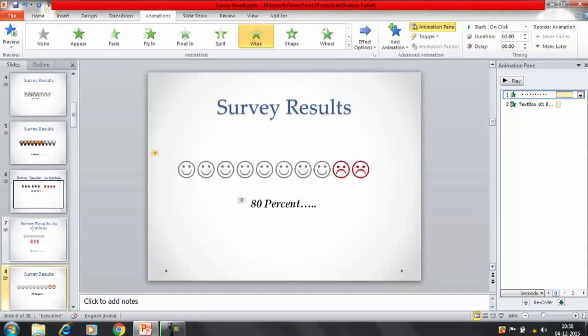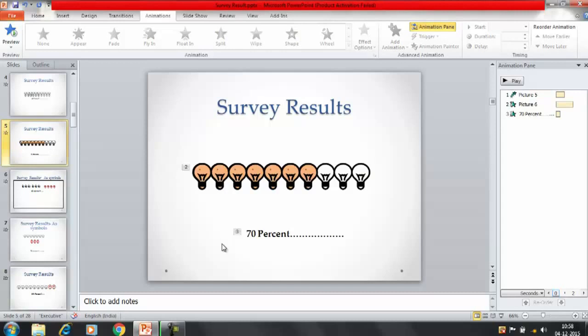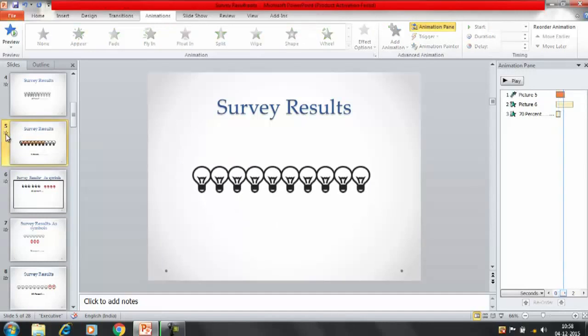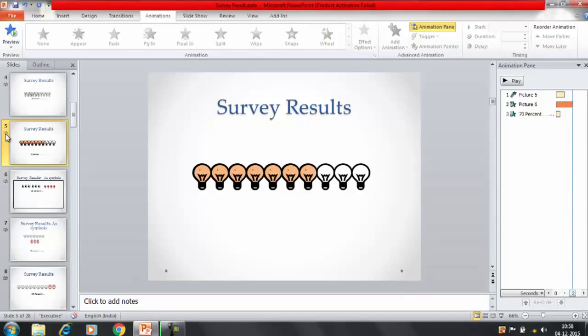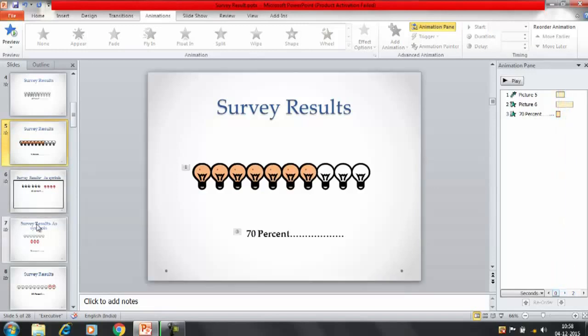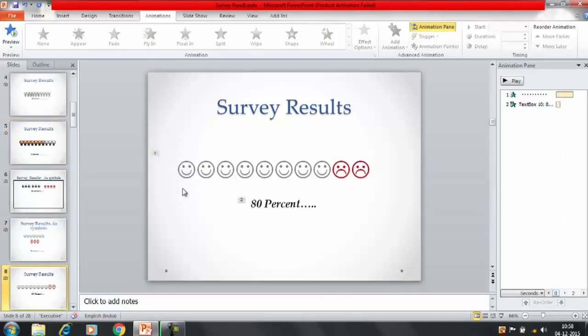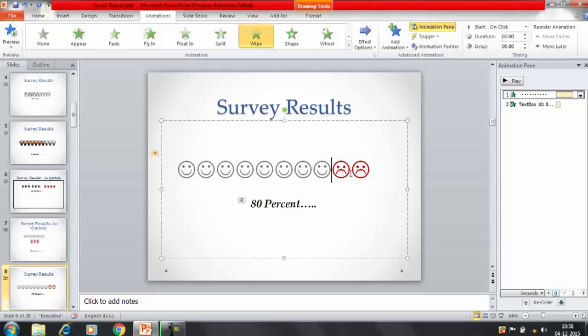The other option would be, if you want, you can apply the same kind of effect here that we have applied in the light in this effect, that first of all the entire series comes up, the white bulbs in this way, and after that it's going to fill in the colors. So in this way also we can apply the same kind of effect in these smileys, that all these smileys come up and after that it's going to change for the two smileys.